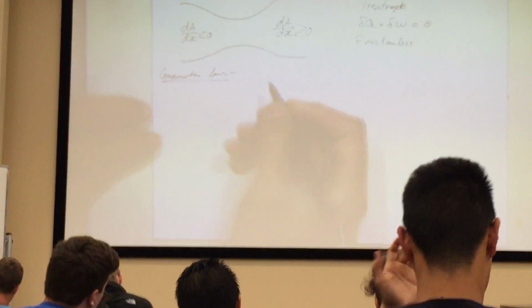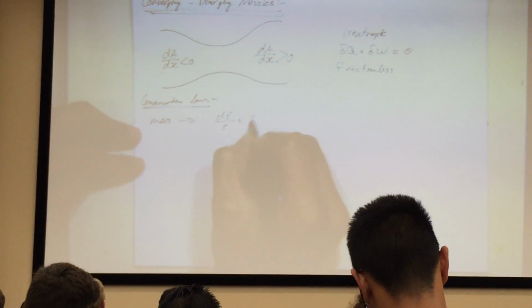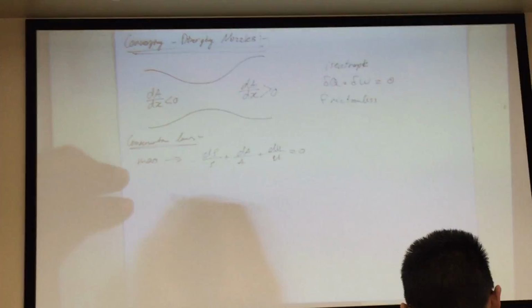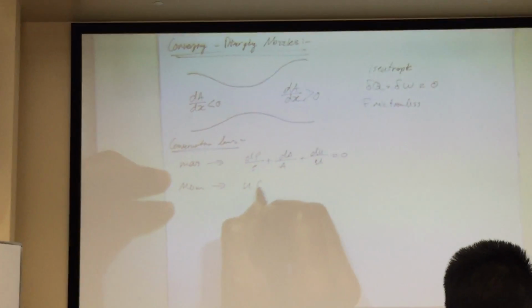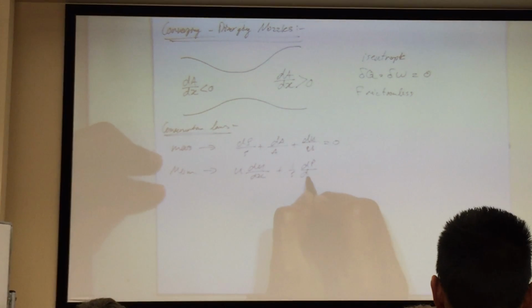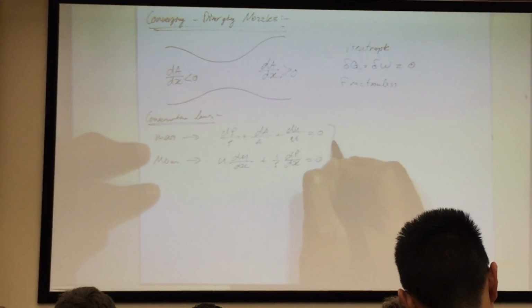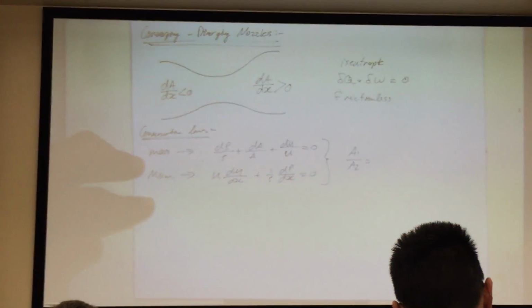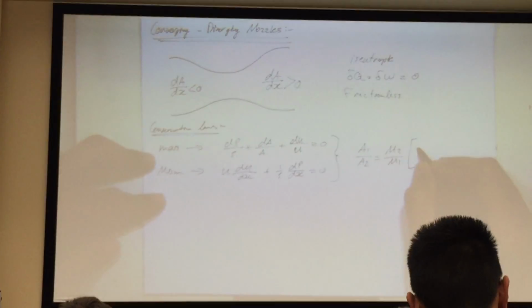And we derived it before, and we said, well, conservation of mass is really d rho over rho plus dA over A plus du over u is equal to 0, and conservation of momentum is u du/dx plus 1/2 dT/dx is equal to 0, which are my conservation equations that we've been using so far. And from those, we derived the critical equation, which is the area ratio, A over A star, you already have it in the notes from the past, M2 over M1 multiplied by